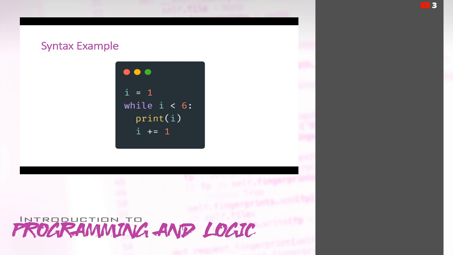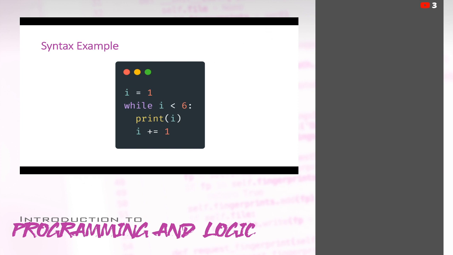So we have this example of a while loop with the syntax in place in Python. This is what it looks like to write a while loop in Python. Let's take a moment and break this down.